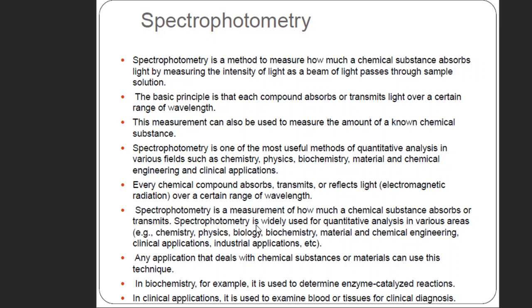So we'll come back to our first slide, spectrophotometry. That instrument we call a spectrophotometer, and the study of that technique is called spectrophotometry, or we can even call it photometry or spectrometry. If we divide this word, spectro means it deals with the spectrum of light. Photo is directly related to light, and metry is something which is measurable.